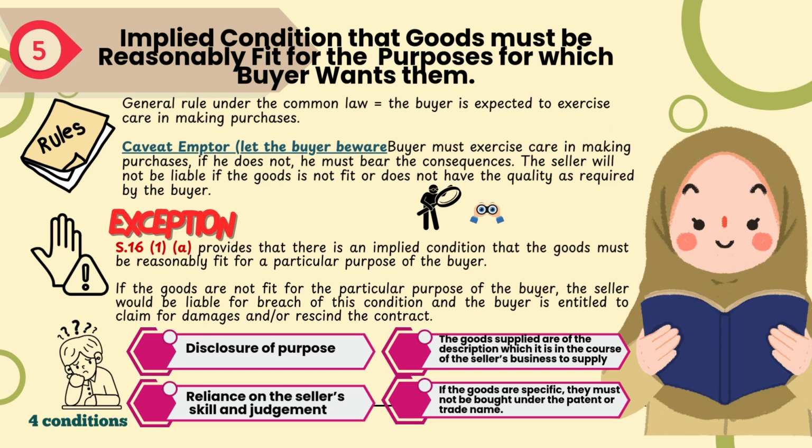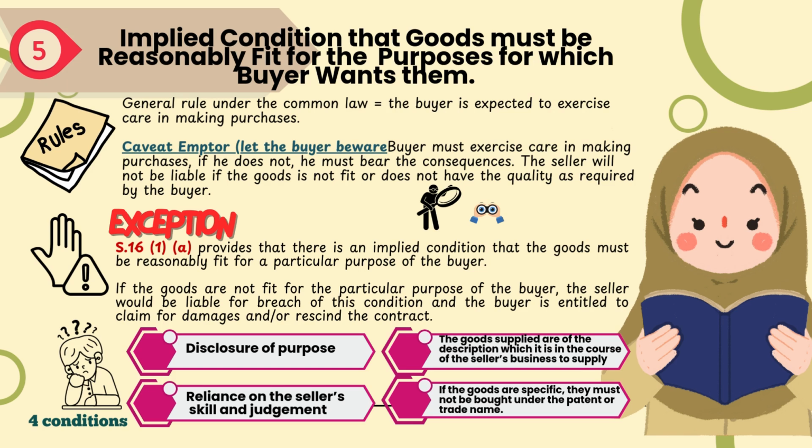Section 16, subsection 1 adopts the common law principle of caveat emptor. The meaning of caveat emptor is let the buyer beware. The buyer must make sure the goods he buys are of the quality he wants, or that the goods fit the particular purpose that he wants. If he does not do so, he must bear the consequences as section 16, subsection 1 does not protect the